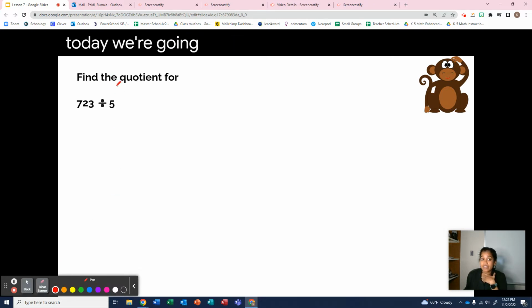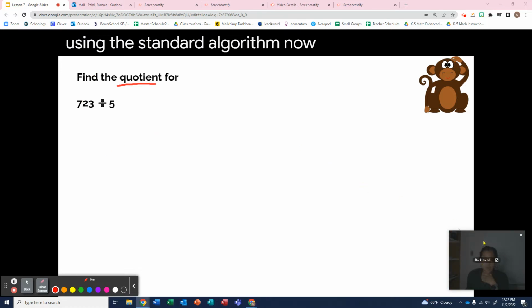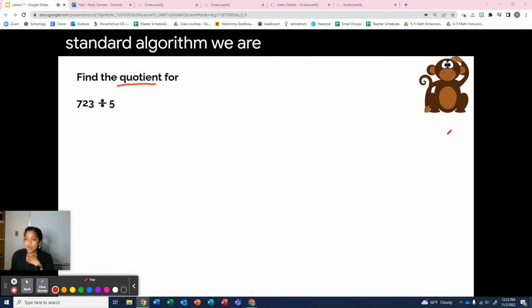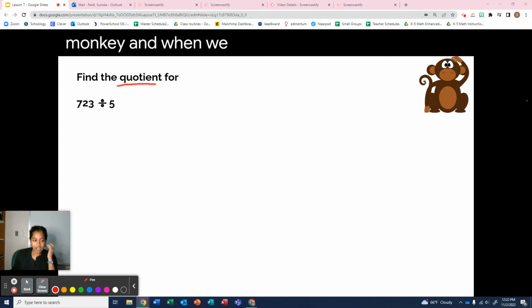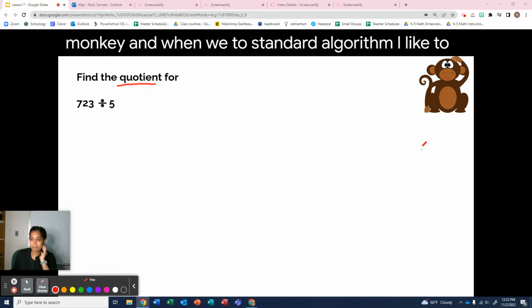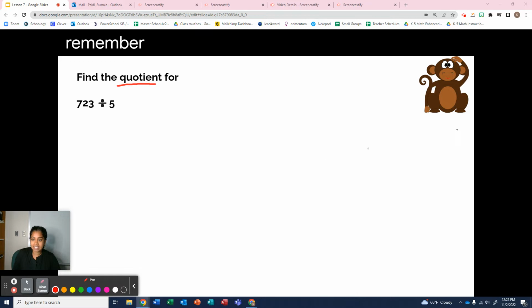Today we're going to find the quotient for 723 divided by 5 using the standard algorithm. Now, before we use the standard algorithm, we are actually going to use an acronym. Right here I have a monkey. And when we use the standard algorithm, I like to remember that, write this right here,